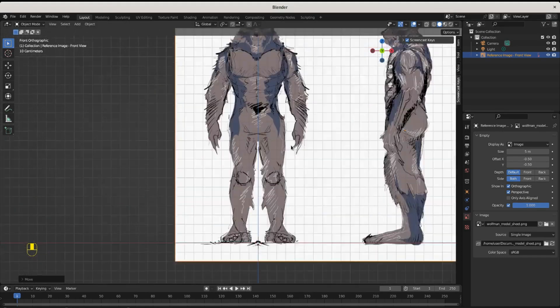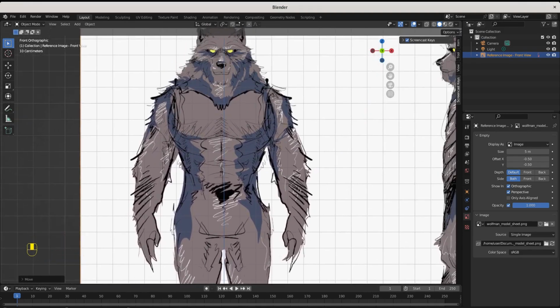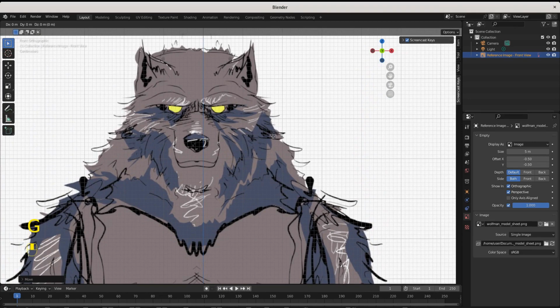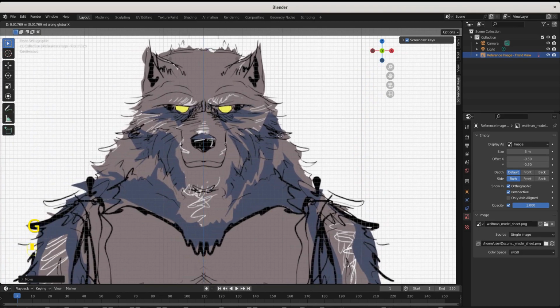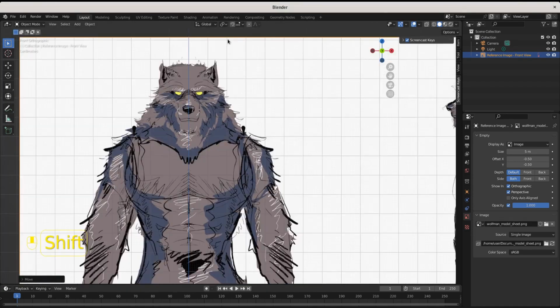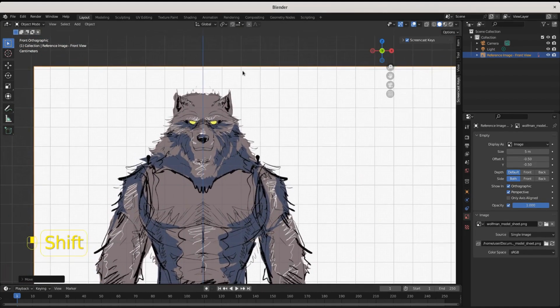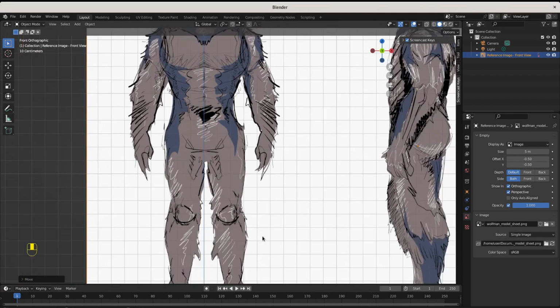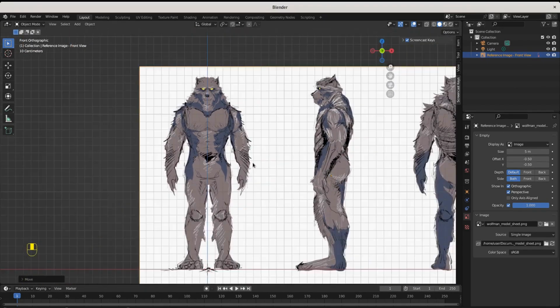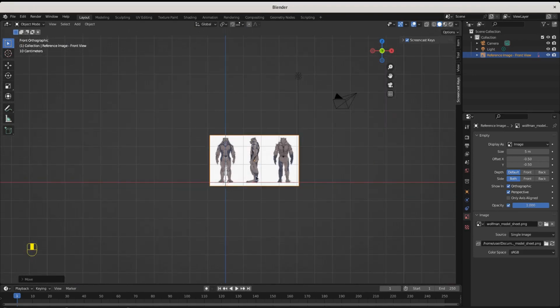Then I want to do as much as I can to get this centered. So I'm going to grab it on the X and bring it, say that's about 50%, maybe. More or less, and then hit enter to lock that in. We'll call that more or less halvesies. All right, so our front view is aligned, more or less.